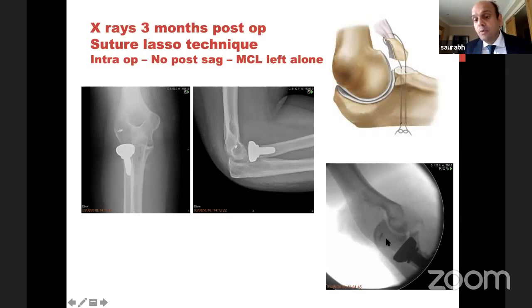This is the elbow in almost 10 degrees of flexion. The last 30 degrees doesn't count, even if the elbow sags. But you can see here, even at 5-10 degrees of flexion, there is no sag. The ulnohumeral joint is completely congruous. So there's no need to address the MCL. But as I said, the last 30 degrees, even if it's sagging, I'm not bothered. It's above 30, 40 degrees of flexion that it should not sag. And if it's not sagging at 5 or 10 degrees, even better, it means it's a solid repair.